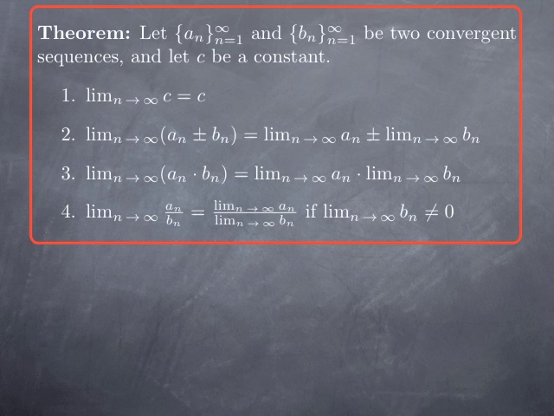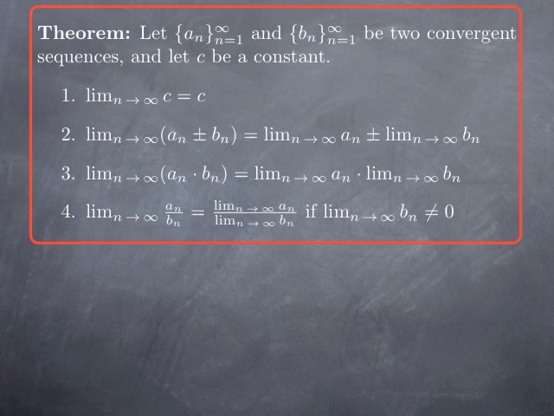Now, when you studied limits for functions, you've seen various limit laws. Similarly, we have these limit laws for functions that particularize to functions defined on natural numbers. So we have exactly the same limit laws. Specifically, if I have two sequences, an and bn, that are both convergent, then the limit of the sequences that